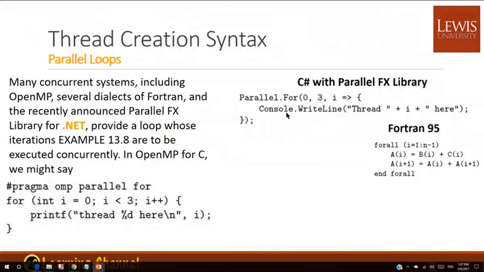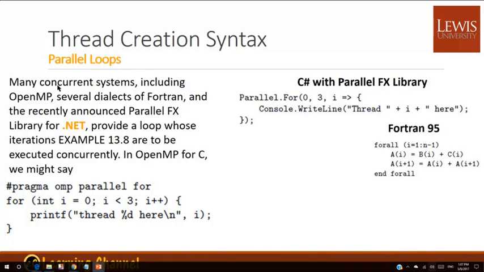Then you write out the information: thread i is here. And for the C++ version, you have parallel for as defined in OpenMP. You write just like you are writing a normal for loop, but it will be forked out as a